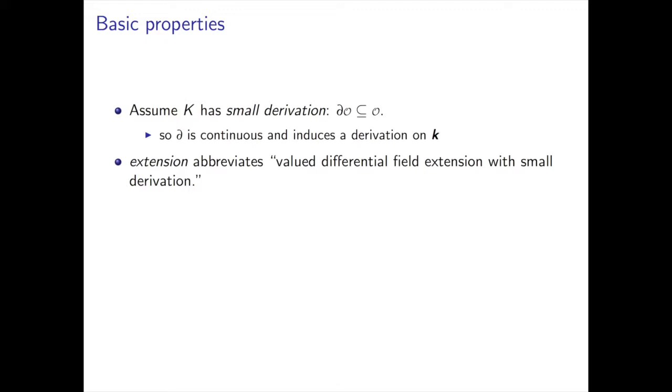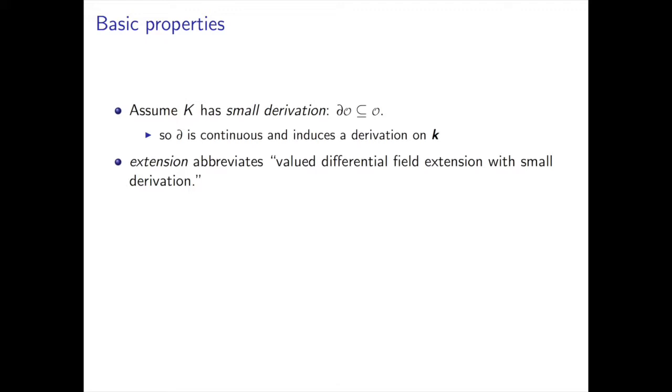Coarsen means bigger ideal, smaller ideal? I don't want to answer because I'm going to say it wrong. It's always confusing somehow. You multiply by less, so some derivation is left. Yeah, exactly. Because there's the valuation ring, and you should get a bigger residue field. So a bigger ideal, yes.